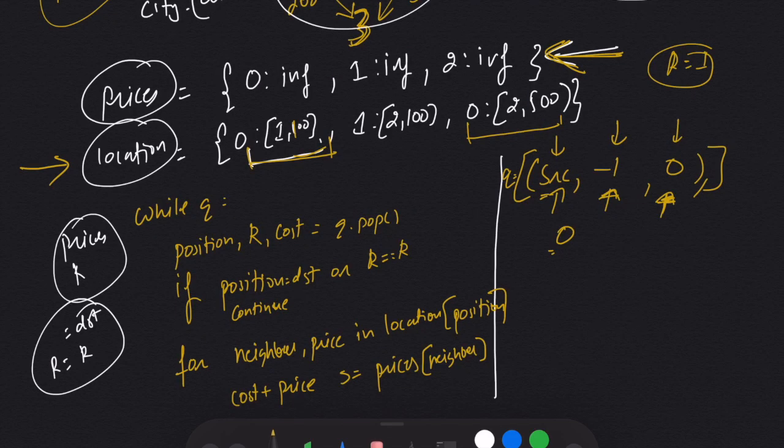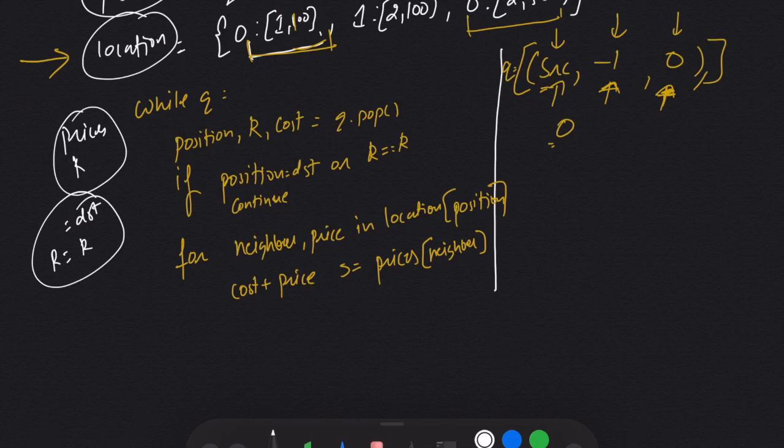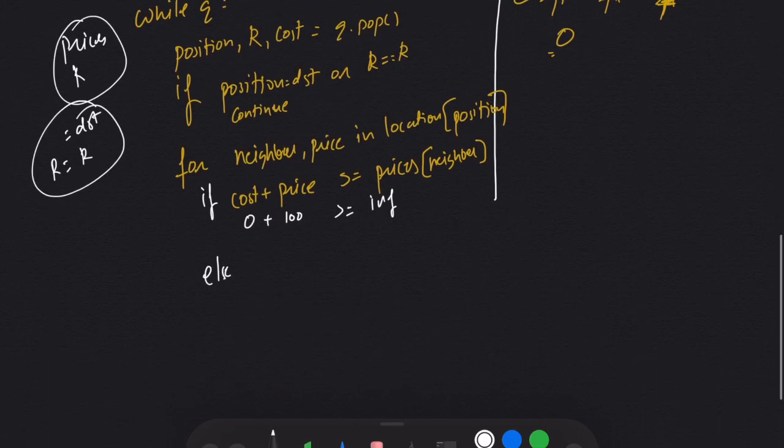and the price for the neighbor is infinity. The cost is 0 because it was 0 here, and the price I got is 100, and this is not greater than infinity. That means I will come to the else condition. That means I will update my prices dictionary.